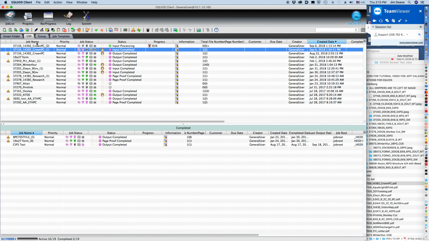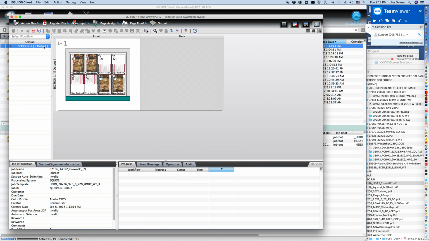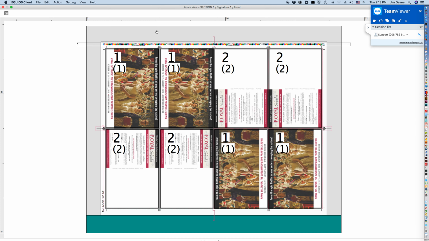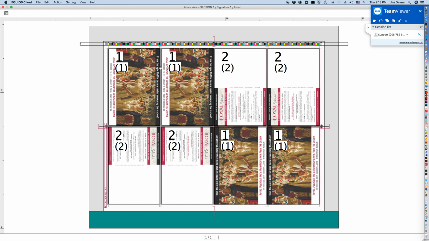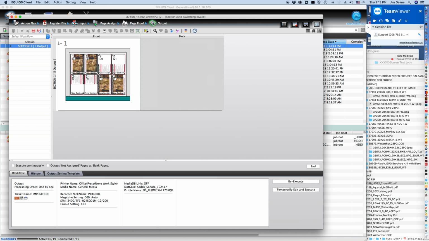If I go to my list window, it shows that this is the job going through the process up top, going through the input process currently completed. It will allow me to go in and see that this job is laid out correctly. 1, 1, 2, 2, 2, 2, 1, 1. This gives me a quick preview. Now I have the ability to do any outputs that I want to do by selecting output and then telling it whether I run a